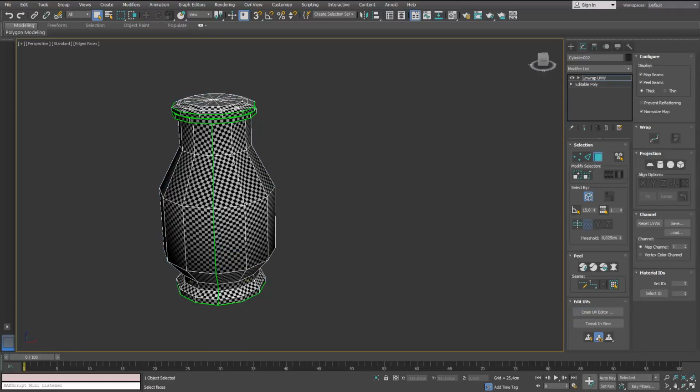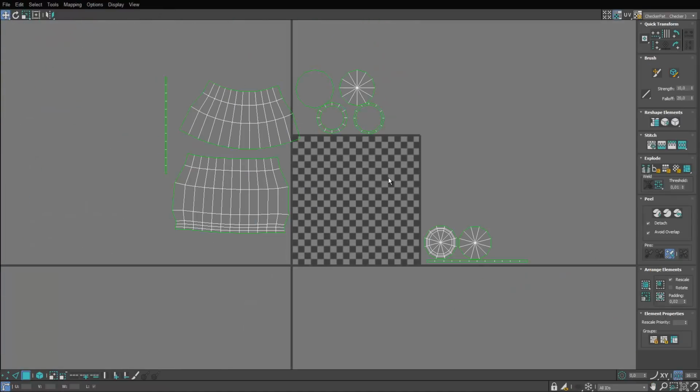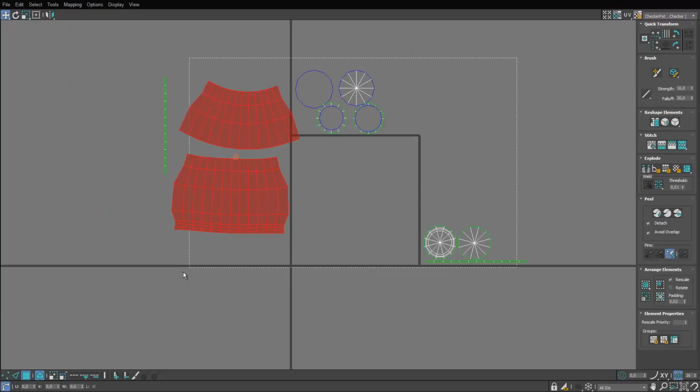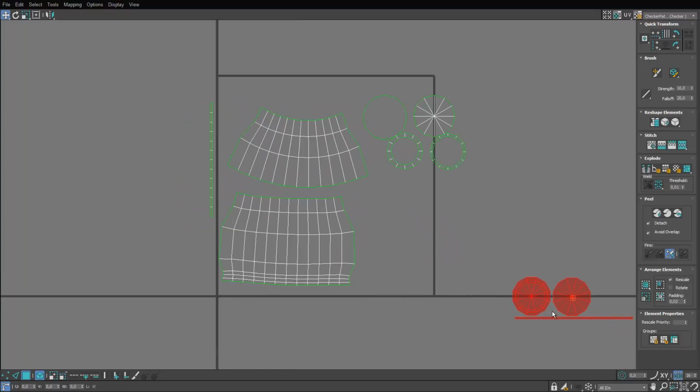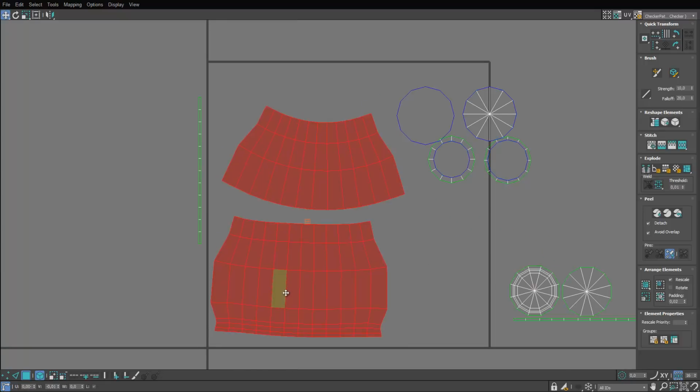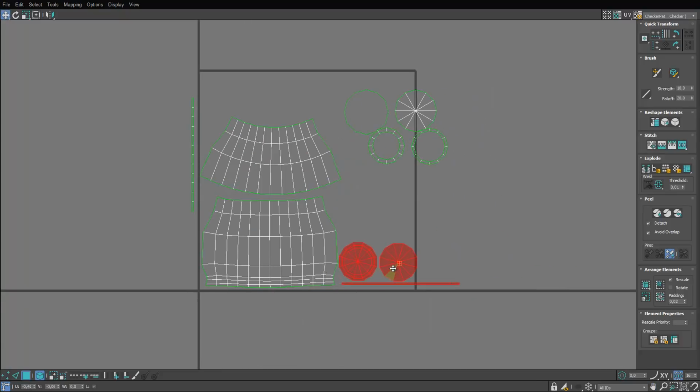For now, we need to attach these together because we want to create what we call the UV template, which is basically the sum of all the UVs that we've done before, and we're going to put them in one place. Right now, as you can see, we'll try to put them inside one place. This is going to be easy and simple. Just put them in there and try to